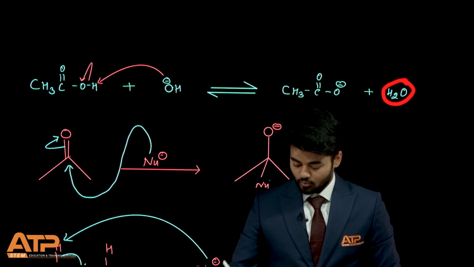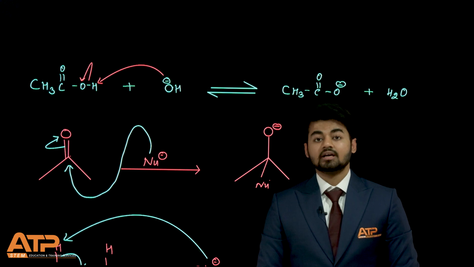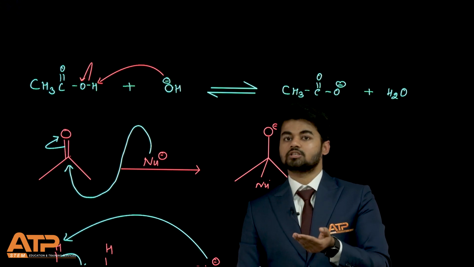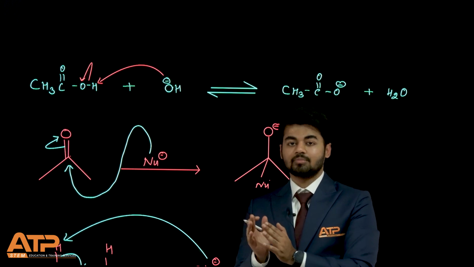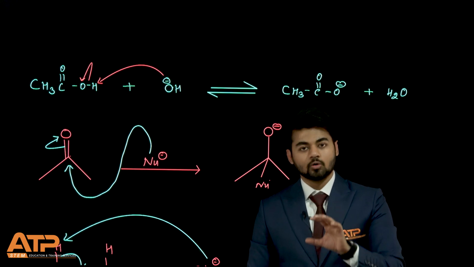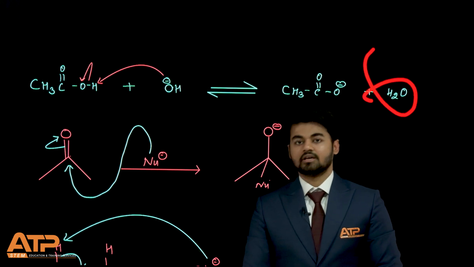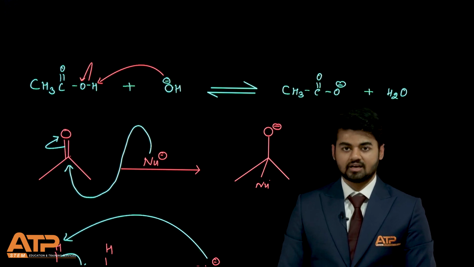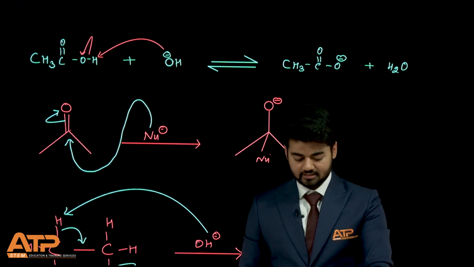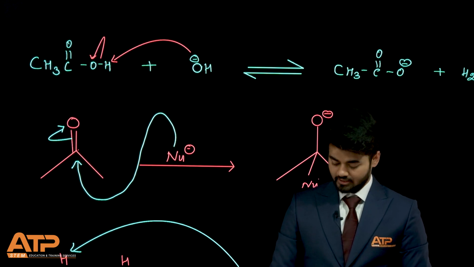When you have OH minus and H plus together, they will form water. It might seem that H plus is going to OH minus and forming water, but the arrows are drawn in the direction of electron transfer. OH minus donated electrons to H plus, both of them became neutral, and H2O is one of the products, salt plus water. Next, what I have here is nucleophilic addition on this acetone. Let's see.